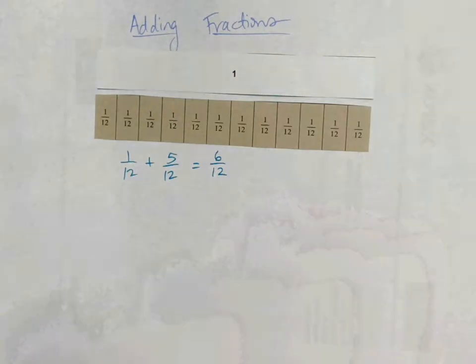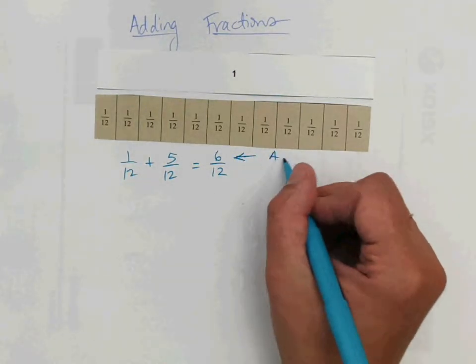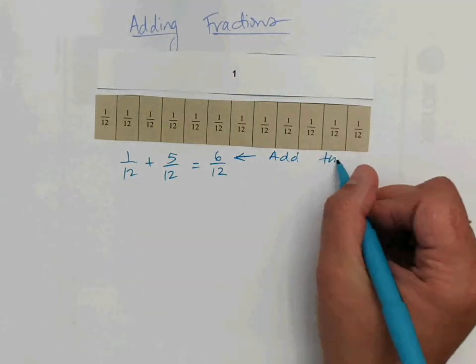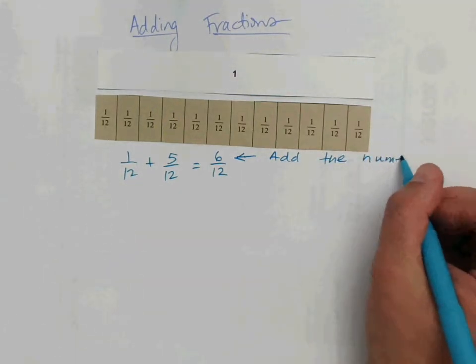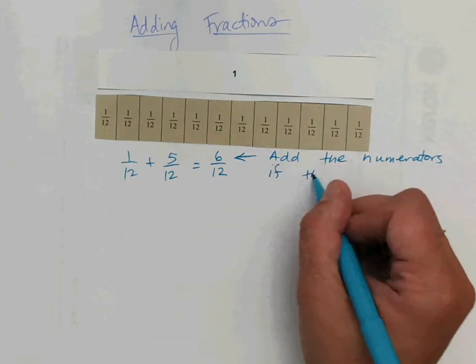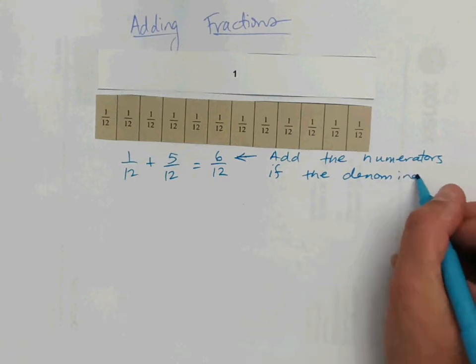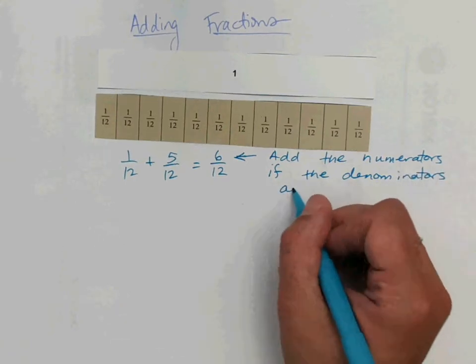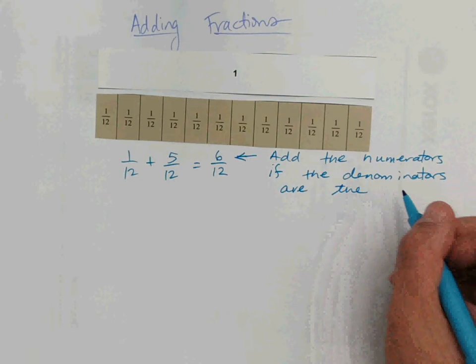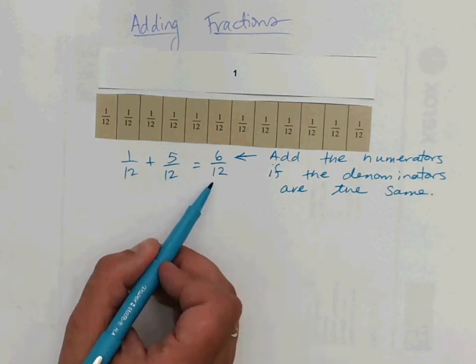So the rule for adding fractions is we add the numerators if the denominators are the same. If the denominator is the same, then you keep the denominator the same, because we are